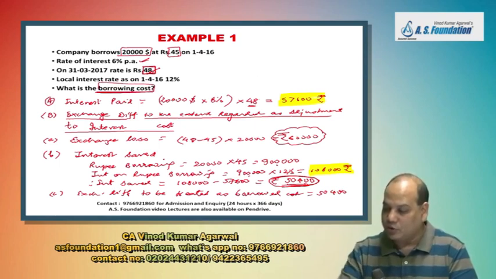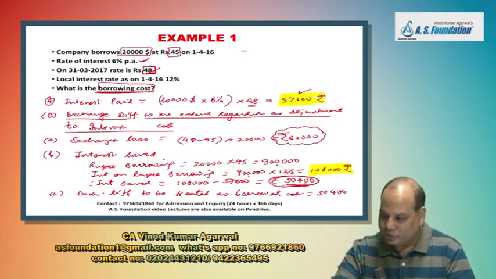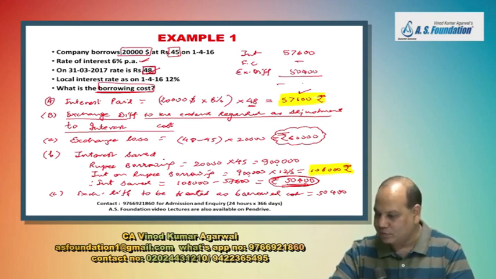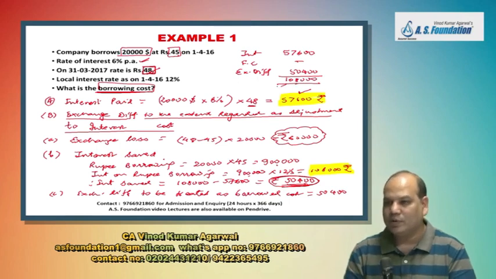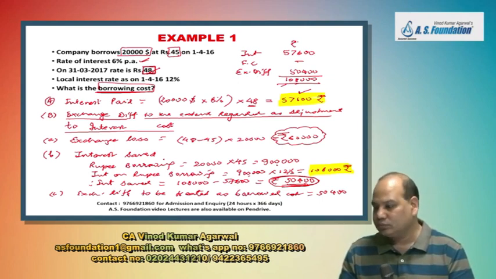And what is the total interest cost, total borrowing cost? So total borrowing cost will be, as we discussed, there are three things in borrowing cost. Interest 57,600. Finance charges under finance lease nil. And exchange difference to the extent of interest saved 50,400. So my borrowing cost as per this standard in this example will be 1 lakh 8,000 rupees. Is it right? Is it coming to 1,08,000?